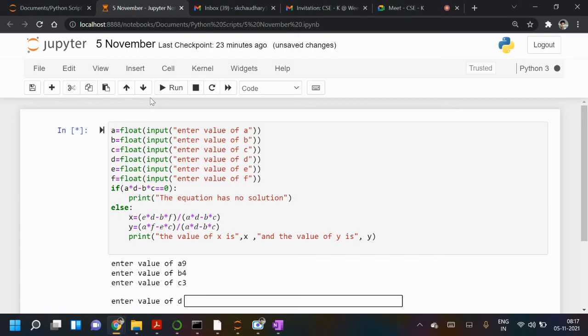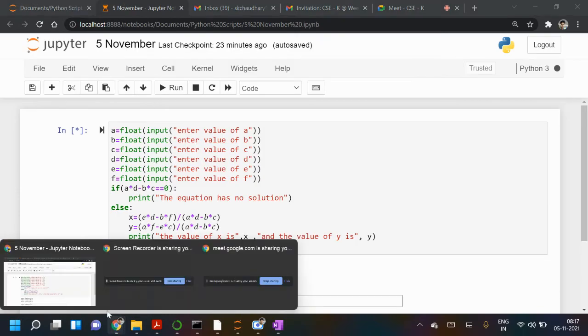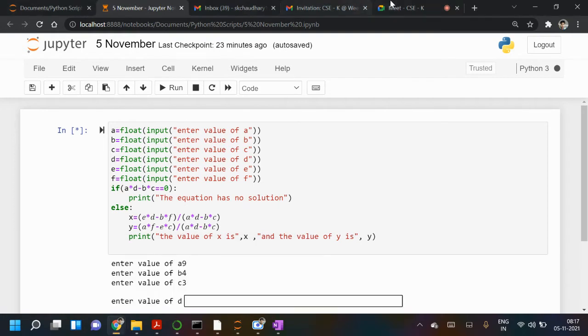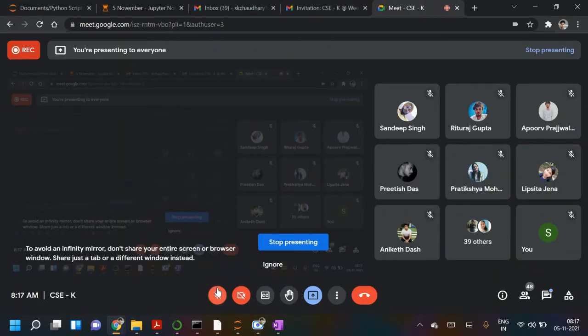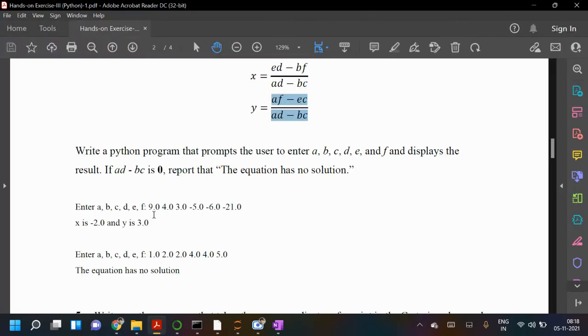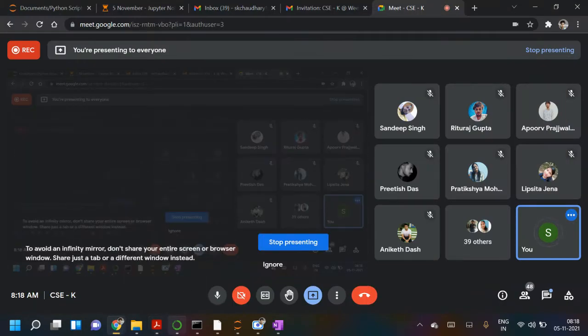Okay, so this is the code. Let us write the input given in this: 9, 4, 3, minus 5, minus 6, minus 21.